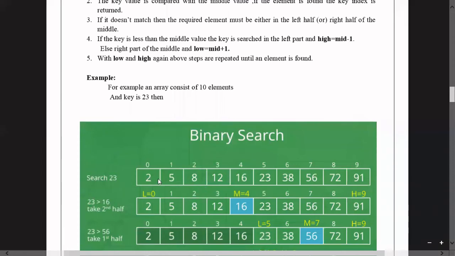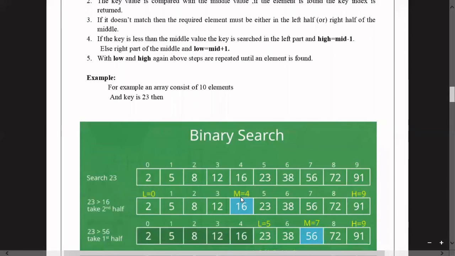So these are the set of values, and 23 is the key value we have to search using the binary search. So the mid value is calculated. After calculating the mid value, we compare whether the key value 23 is present at the mid value or not. If it is present at the mid value, then we will print that the element is found at so and so location and we will stop the process.